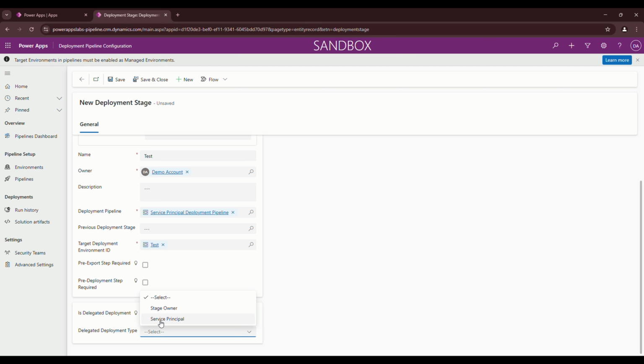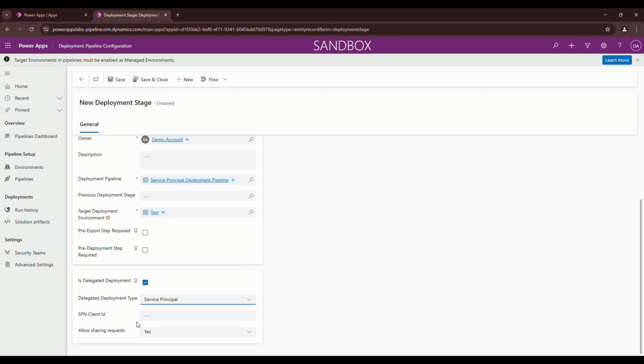All right, we're going to do service principal. Microsoft recommends that you use a service principal to do delegated deployments. All right. Allow sharing requests. We're going to select yes, and then this value here, it's the service principal client ID. So to get that value, first you have to set up an app registration in Azure. So let's go to